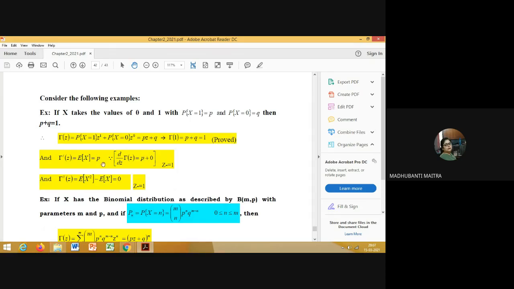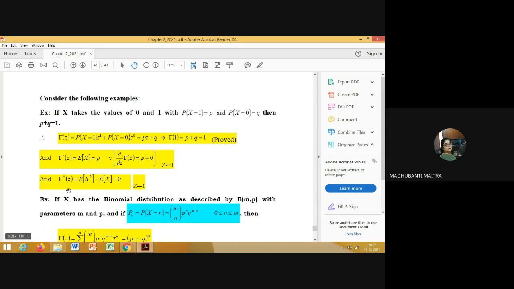So the expected value, the first moment. These moment generating functions are used for calculating the expected value and standard deviations for different density functions, for complicated density functions, right? That's why we are studying all these things in detail. So this is the expected value,